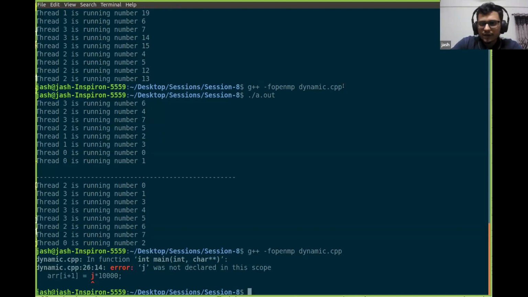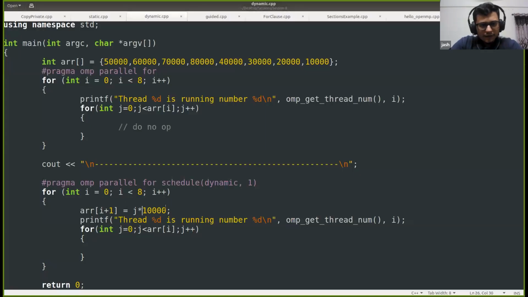Okay, j was not declared in this scope because obviously it is not there here. So let us do this instead. Let us keep it I only, or let us make it I plus 2, right?